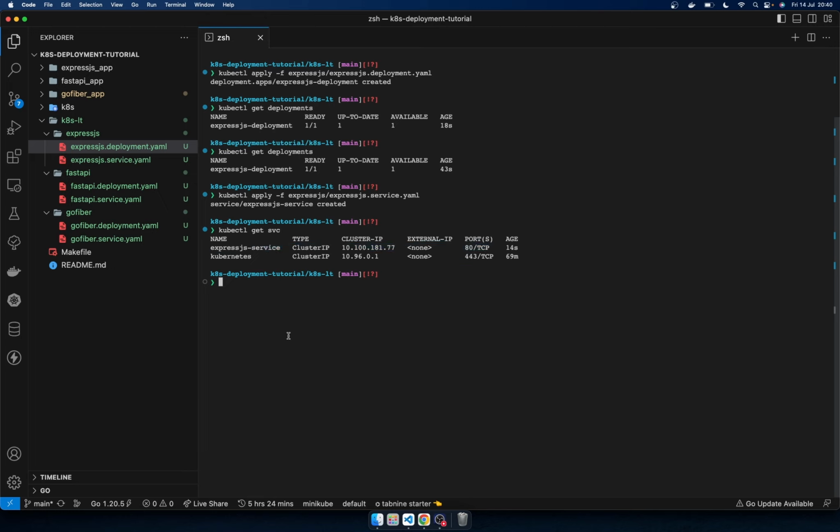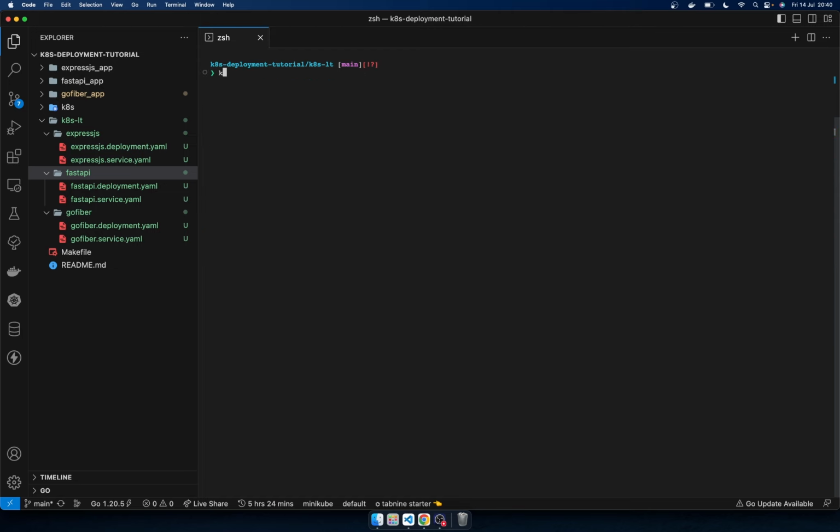Okay, so the next thing I would want to do is, instead of typing the files one by one, I'll just apply the entire folder at the same time. So let's try that with the FastAPI. Instead of specifying the files one by one, I can do this actually. Deployment created, service created. So if I check kubectl again,